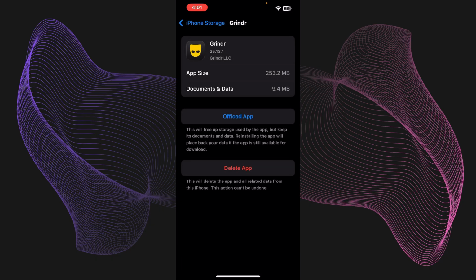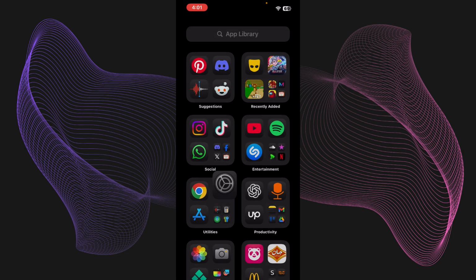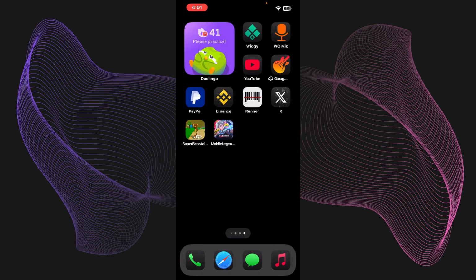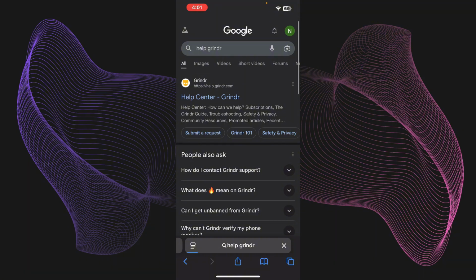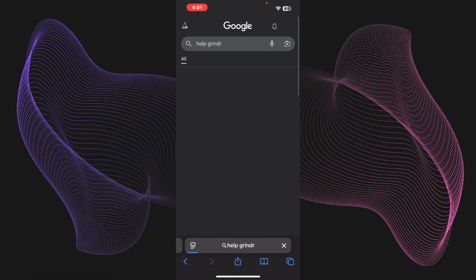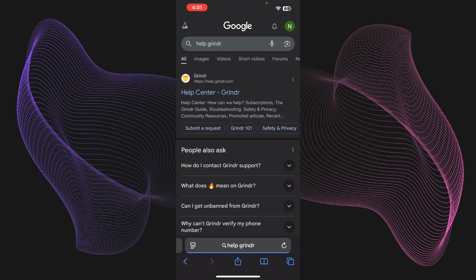So the second method is very simple. What you need to do is just head over to your web browser, and inside your web browser you need to type in help Grindr. Grindr in my country is banned, but if you use it directly, you can just press on the submit a request option right over here, as you can see, and just press on submit a request